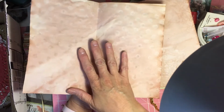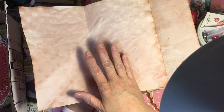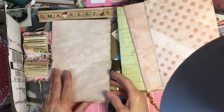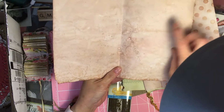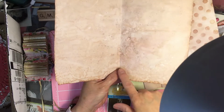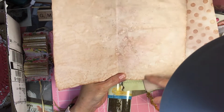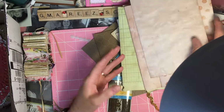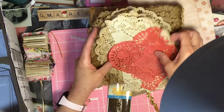But when you put your paper in that water, after you strain off the seeds and the skin, you get this really pretty pink color. This is a little bit of cinnamon, just showing how you can make it look rustic. And then I'm including in the box some of my doilies that I use over and over in